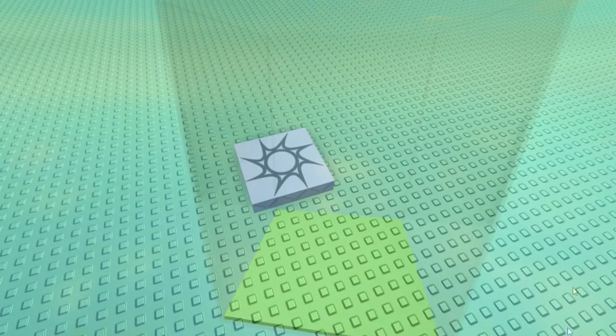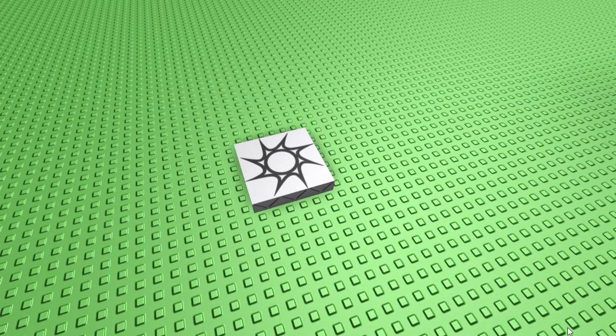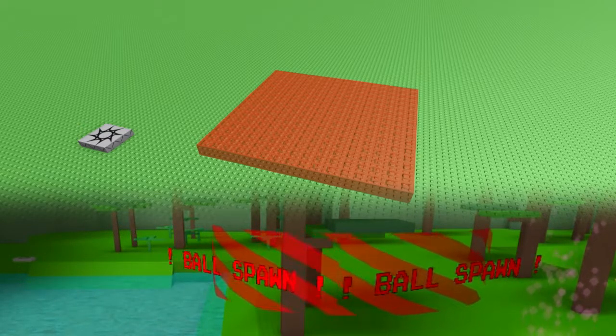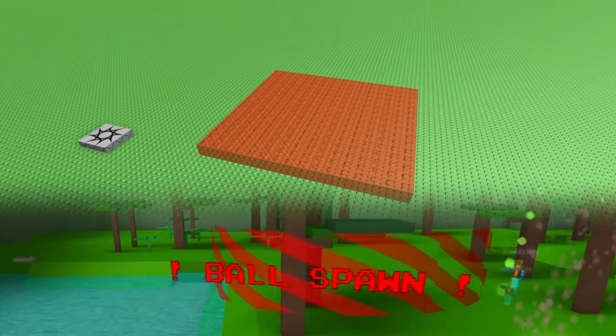There are 3 other things in the template model as well. A basic player spawn, several should be spread around the map in different locations so players don't get spawn killed. A ball spawn, which determines where the ball initially appears, there should be only one per map understandably, and these